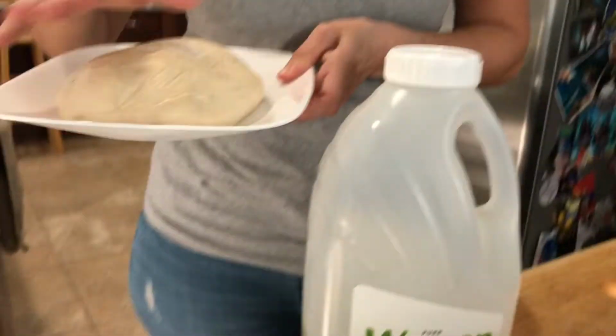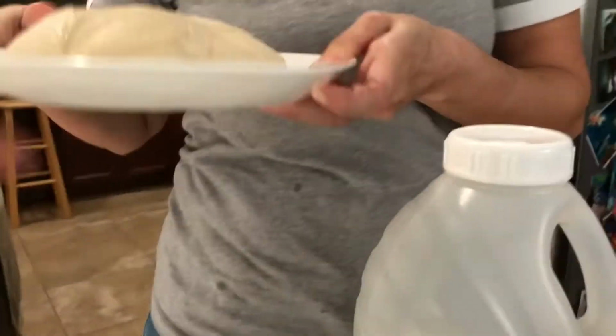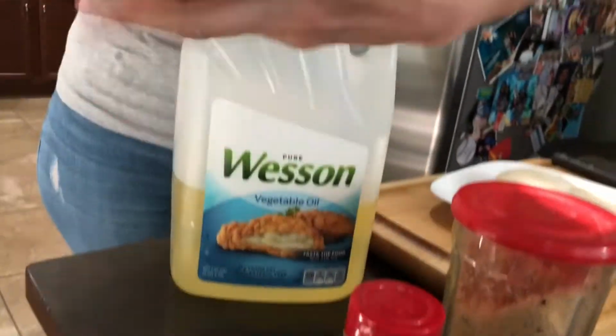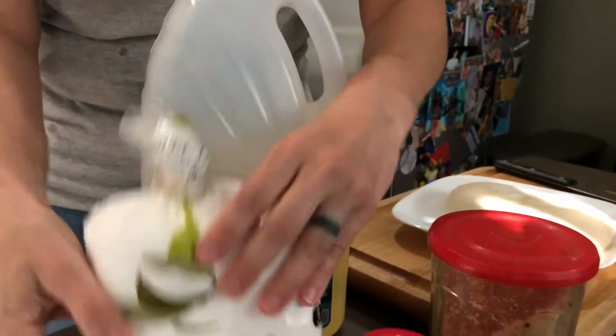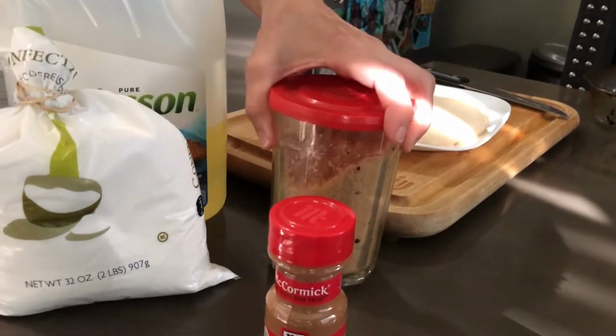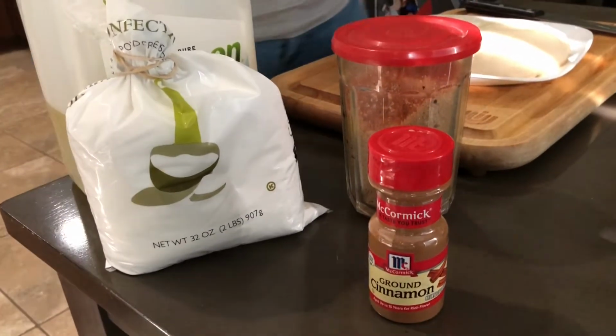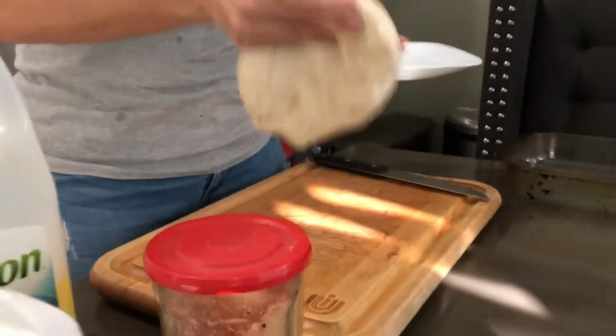So you've thawed out your pizza dough, it's nice and dense. And then what you'll need is some vegetable oil to fry, some confectioner's sugar, some cinnamon, brown sugar or white sugar. Either one is fine. Those are the only ingredients you'll be needing. You're gonna lay your dough on a cutting board,